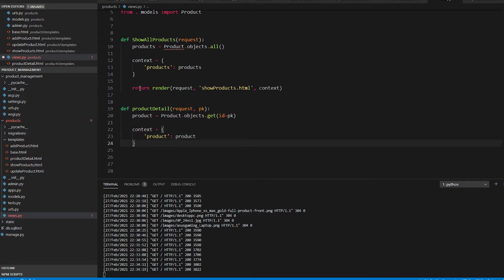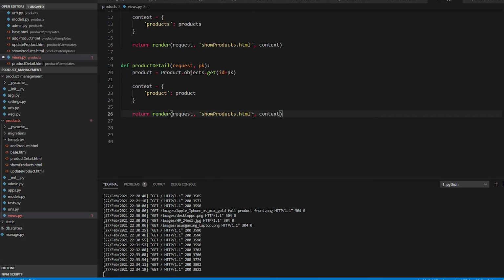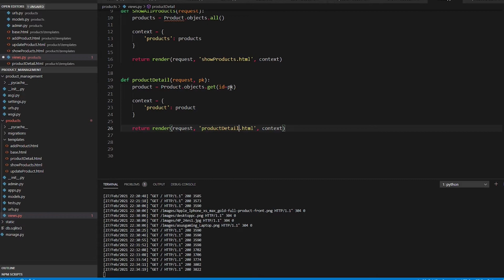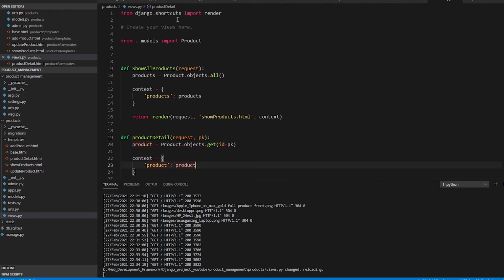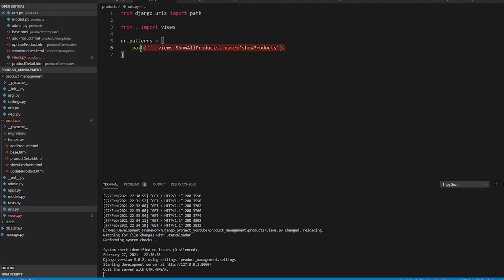Okay, and render it. Copy this and paste it and render it to the product_detail.html page. Okay, I'll send it to that page, getting all this product from the model and from the database and send it to product_detail.html page. Okay, just save it. Now I need to go to the urls.py file, just copy the path, and here we're gonna go to the